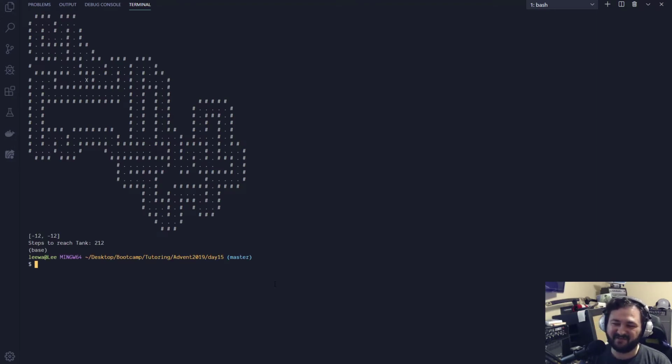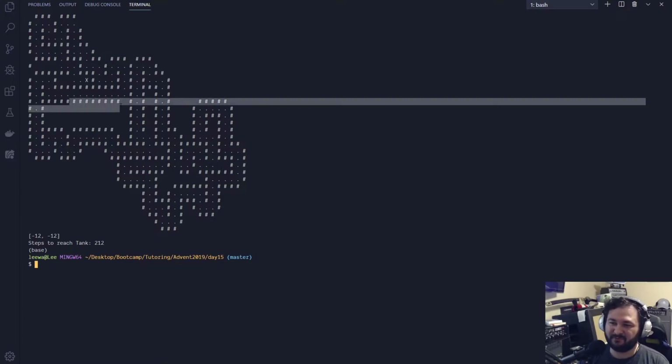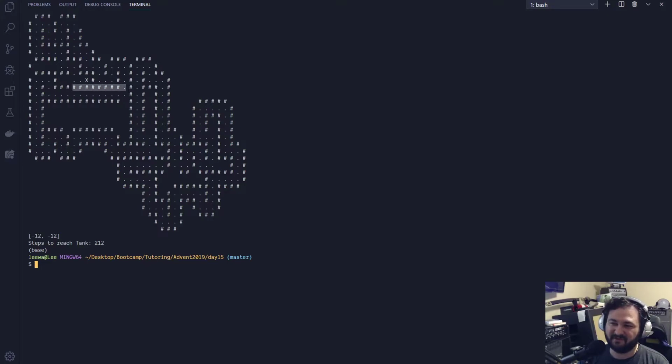So I really love this problem. I feel like I made a cool algorithm to solve it. I was able to observe that the pathways in this were only one space wide, so my depth first search worked really well for it. It also worked really well for finding the oxygen tank itself in part 1, and happened to work for part 2, where we're looking for the greatest distance from the tank to a dead end. So that was another really fun day.